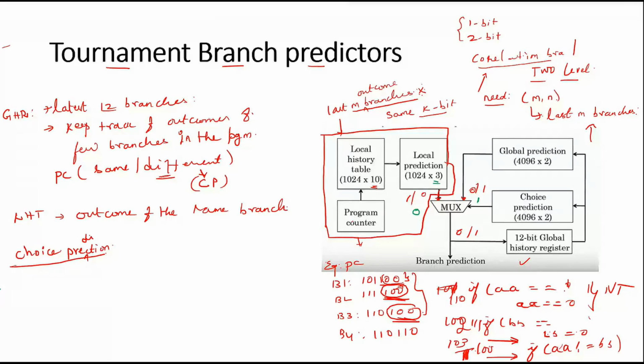Say for example, when you go with the local prediction, the maximum is 3 bits. Assume that in the local prediction table, the outcome is a 3-bit value. Since it is 3 bit, we have to take some threshold, because we know that in case of 2 bit, if it is 1 0 or 1 1, we take it as taken. Similarly, in case of 3 bit, if the value is greater than or equal to,